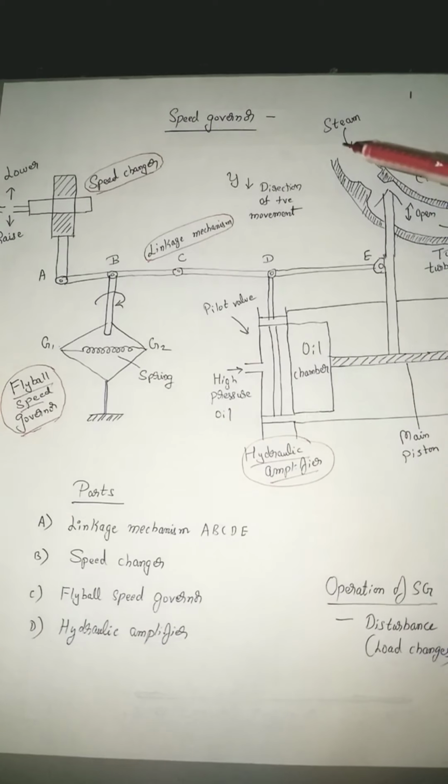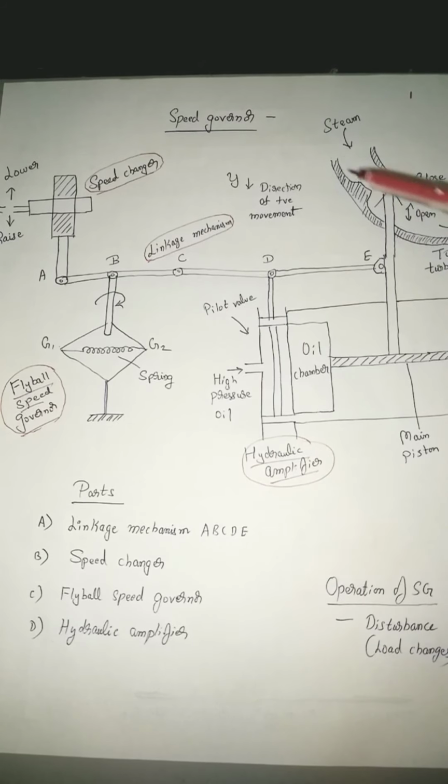And here on the top you can see this is the inlet valve where the steam passes to the turbine. From the boiler, the steam is coming from this particular direction, and here you are having the inlet valve which will allow how much steam should pass to the turbine. So further from here it is going to go to the turbine. For example, this inlet valve is like a door, and this door allows how much quantity of steam should go to the turbine. If it is partially open, part of the steam will go to the turbine. If it is 100% open, 100% steam will enter into the turbine.